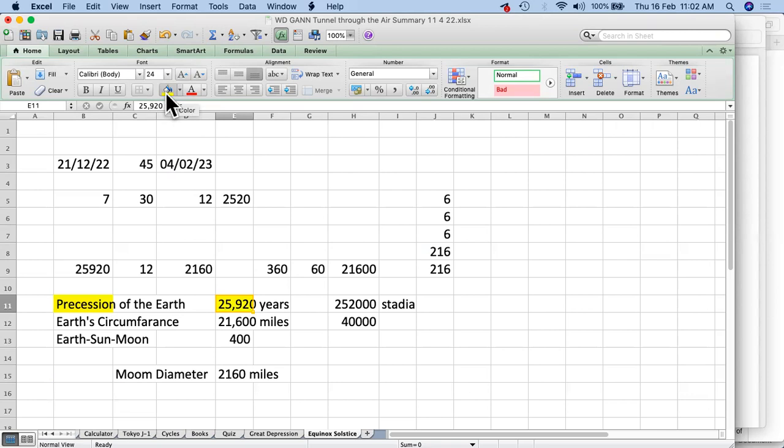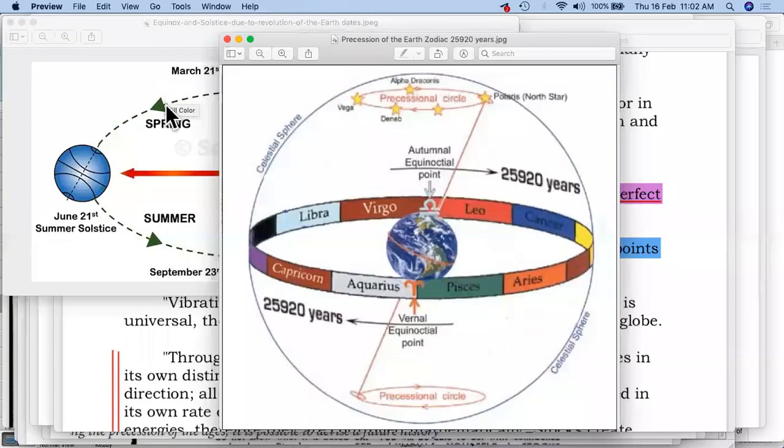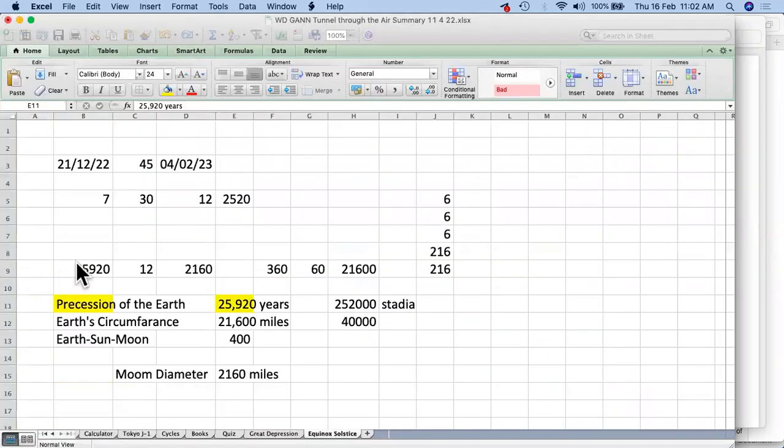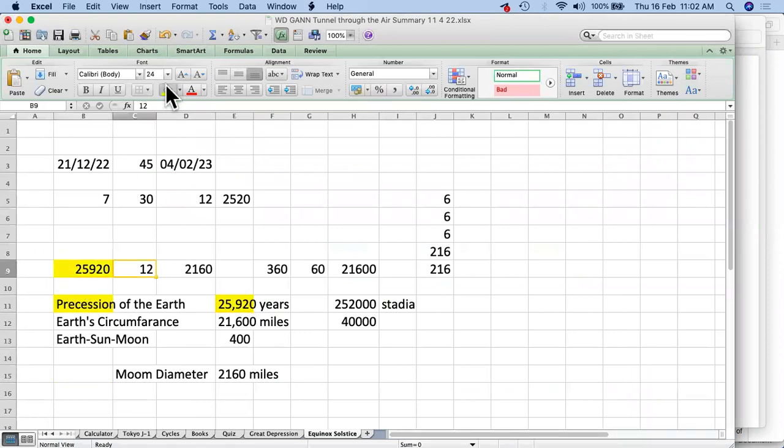Second thing, if we try to divide this, let's say, for example, we have this 25,920, and if we divide it across the 12 zodiac signs that we have, we get a specific number. If I divide this by 12, I get 2160. So 2160 years is what the Earth stays in one zodiac sign, for that much time period. This is what we get as a calculation for that part.